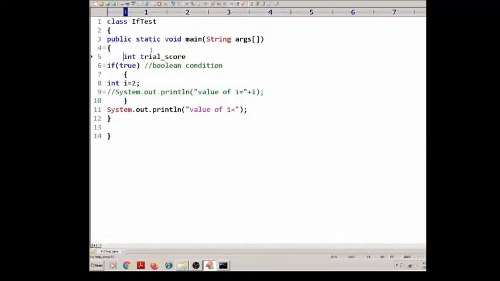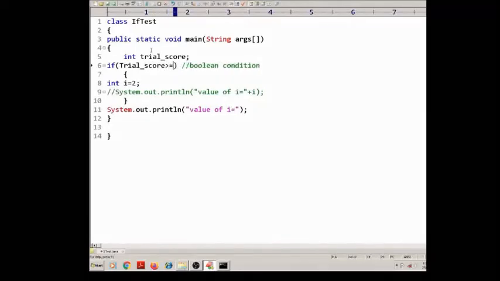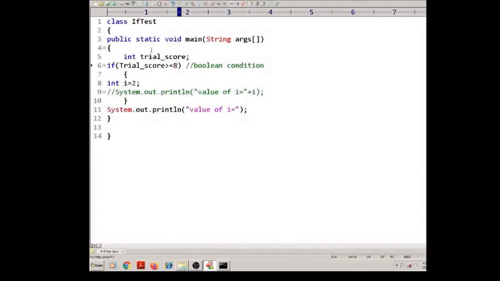First, I want to declare a variable trialScore with type integer and then write the Boolean expression. So here the Boolean expression is trialScore is greater than or equals to 8. When trialScore is greater than or equals to 8, this is the Boolean condition.